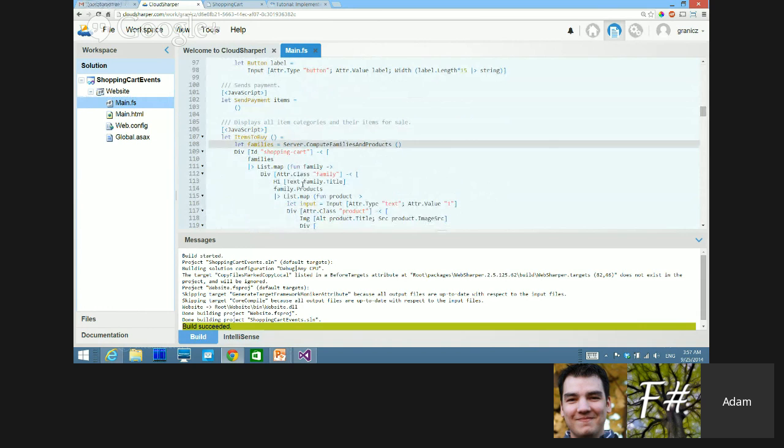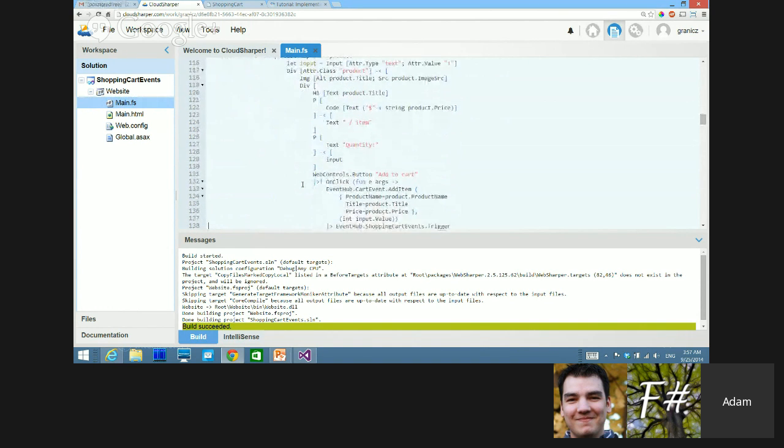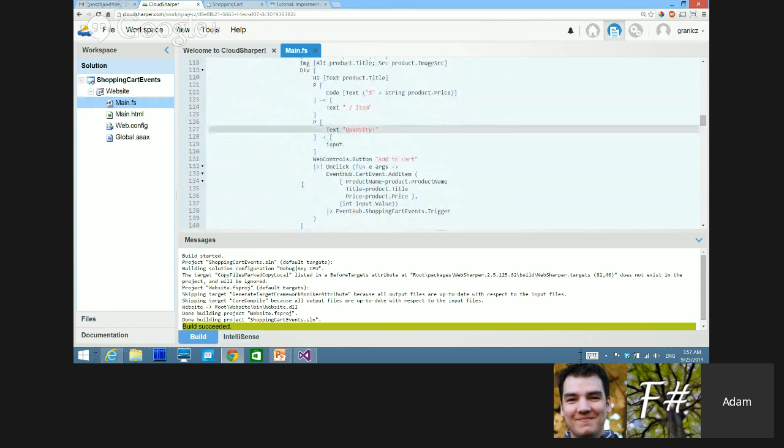The first thing it does is go to the server and ask, can you give me all the families and the products? And then it iterates through all those families and all the products within the family, and makes divs and h1 tags, and assembles a DOM node which has a complex structure, as you can tell. If you read WebSharper, you can tell that, for example, the way you construct a DOM node is you have a name which is roughly equivalent to the tags in HTML. So here's a p tag, and then you have a list of arguments and a list of inner nodes. That's basically what the